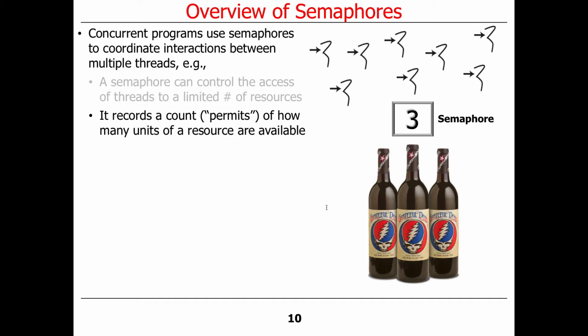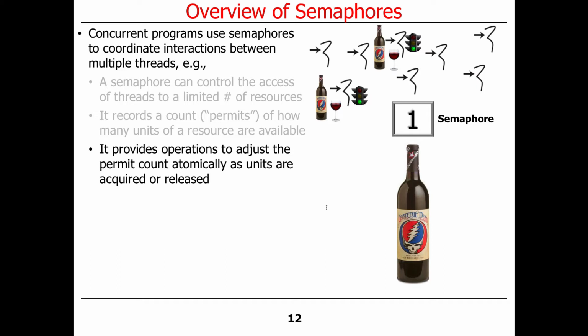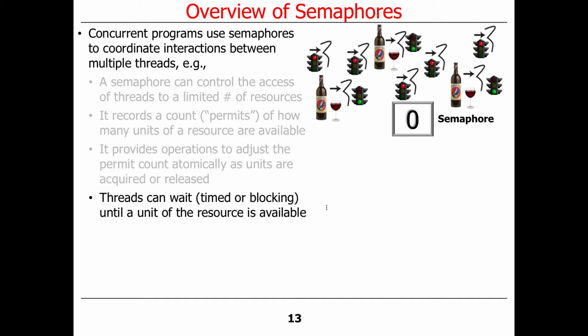And this indicates how many units of a resource are in fact available. So we'll start out with 3 because we have 3 bottles. And when someone comes along and wants to use a resource, then atomically the count is decremented by 1, and whoever got access to the resource now has the ability to do whatever they need to do, drink the wine or whatnot, and they don't have to worry about running into problems by having someone else try to share it at the same time. So another thread may come along, may get another bottle from the resource pool, and at